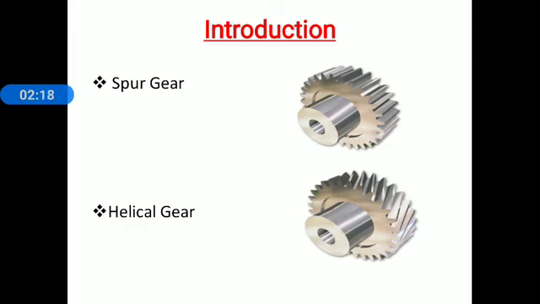Helical gear is basically used in automobiles, turbines, and high-speed applications, even up to a velocity of 3000 meter per minute. Remember, 3000 meter per minute. There are two basic types of helical gears, parallel and crossed. The discussion in this chapter is mainly limited to the design of parallel helical gears.